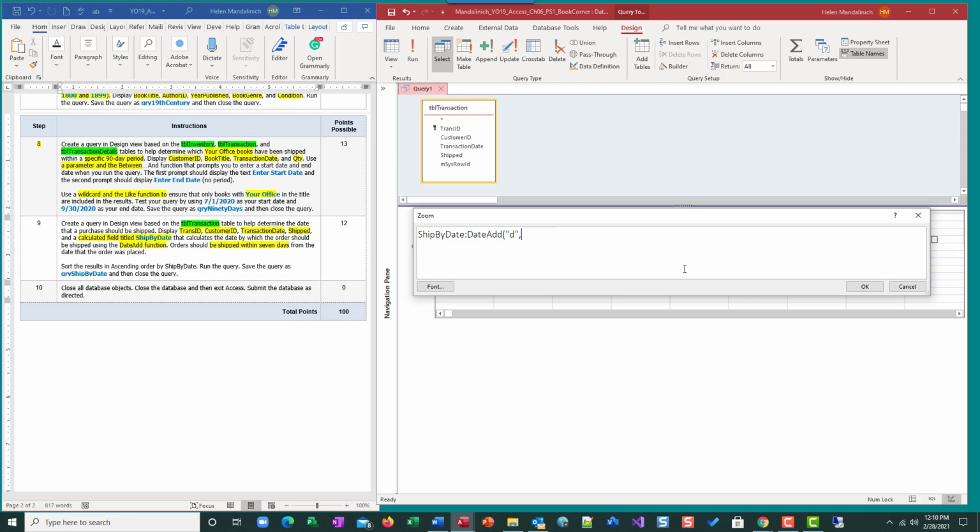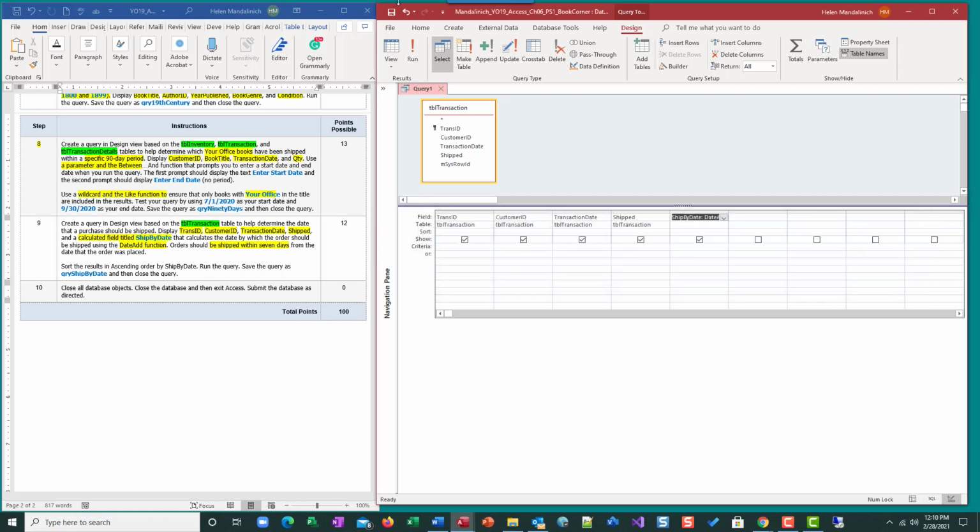And then the next piece of this function is how many days do we want to add? So we want to add 7 days. And then what are we adding it to? Well, we're adding it to transaction date. And that's it. We're saying, hey, we're talking about days here, not weeks or years or months. We're going to take 7 and add it to transaction date and get our ship by date. Do that. We are going to sort this ascending by